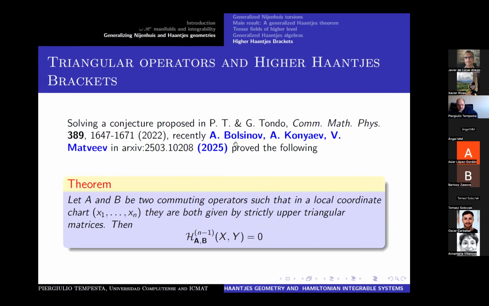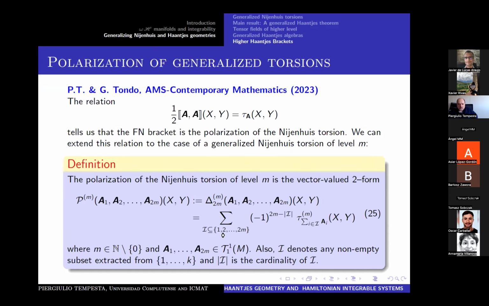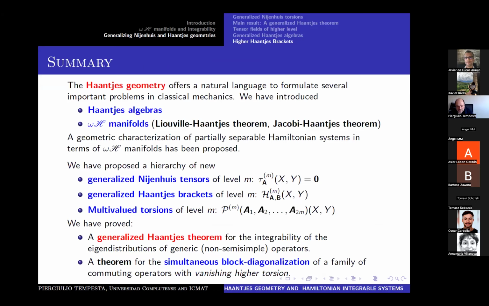Another theorem by Poisson. Recently, they used this theory of higher order brackets to prove that if A and B are two commuting operators that in a local coordinate chart are strictly upper triangular, then this high-level Haantjes bracket that we defined is equal to 0. Okay, I skip all this. So let me go to the summary. Then we can essentially say that Haantjes geometry in several contexts offers a natural language to formulate several important problems